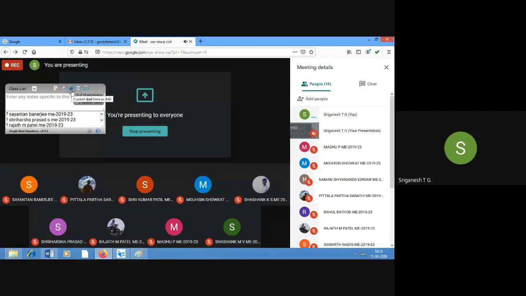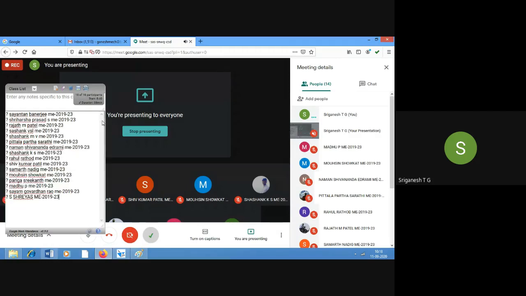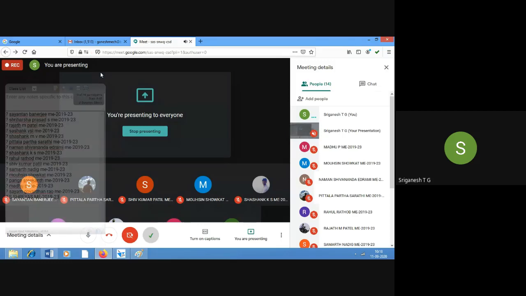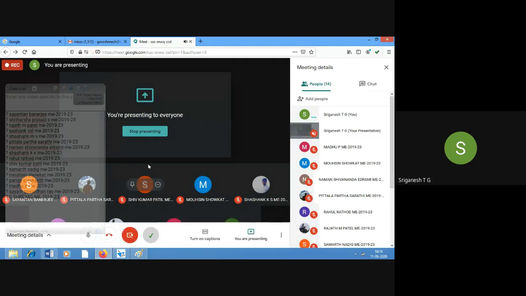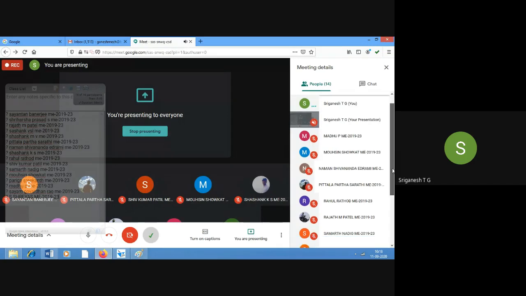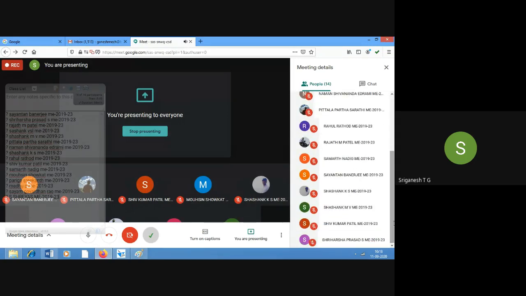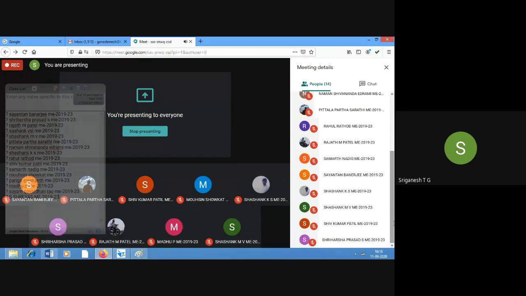Aman Shivananda. P. Srikanth. Pawan Kalyan.